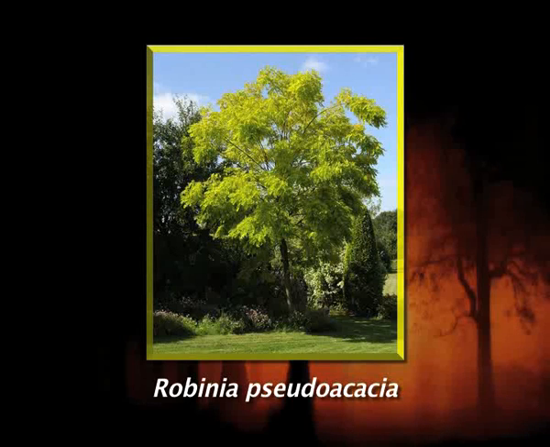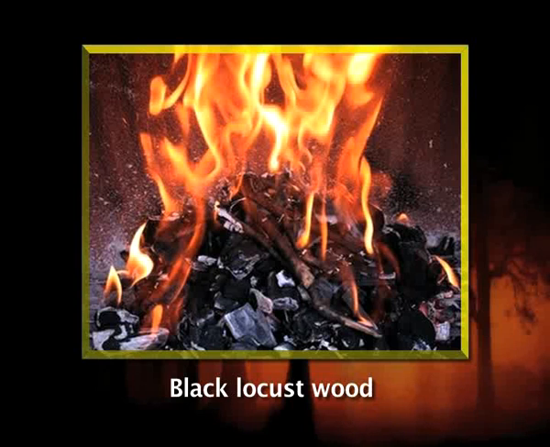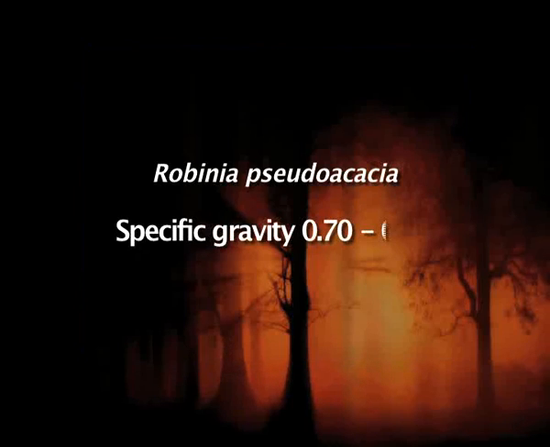The other one is Robinia pseudoacacia. It's also known as black locust. It's quite fast growing. It can be planted and regenerated easily and is often used for afforestation of gullies and surface mined areas. As firewood, black locust is popular for its high caloric value and its good combustibility even when it's wet. It's slow to ignite but burns like coal with a bright blue concentrated flame. The specific gravity of the wood is 0.70 to 0.80 and it's well suited for charcoal production. In India and South Korea, the species has been used to establish fuel wood plantations.